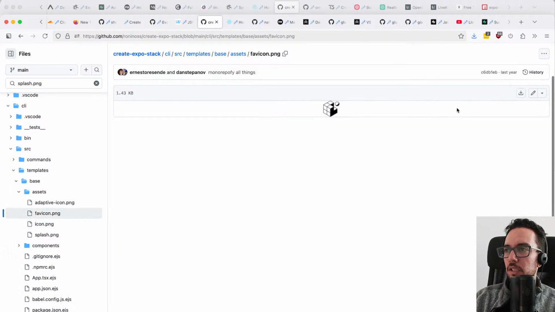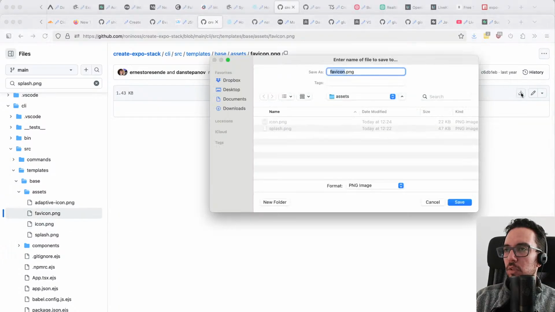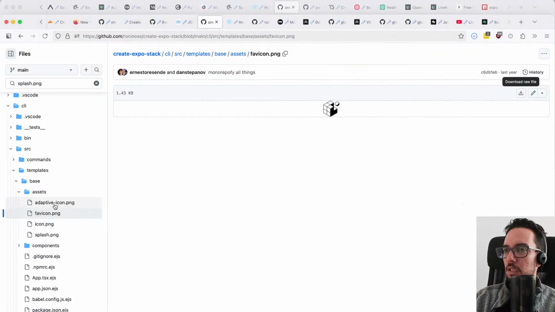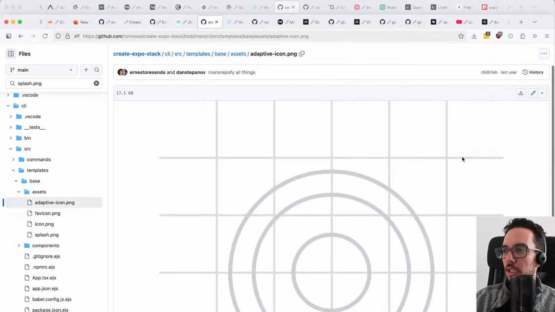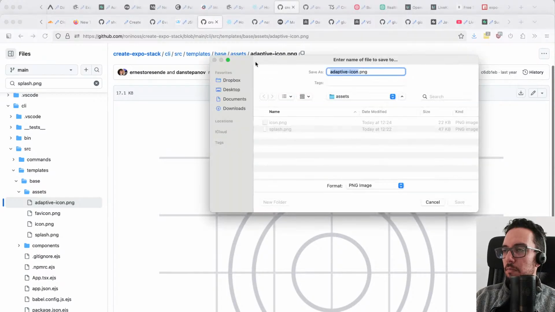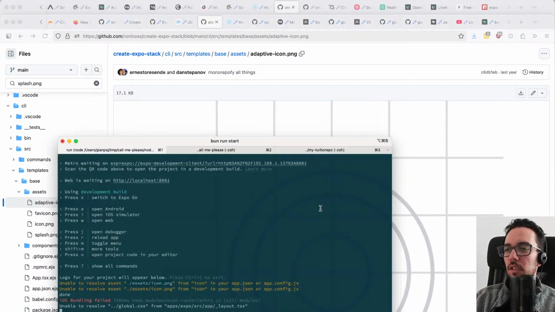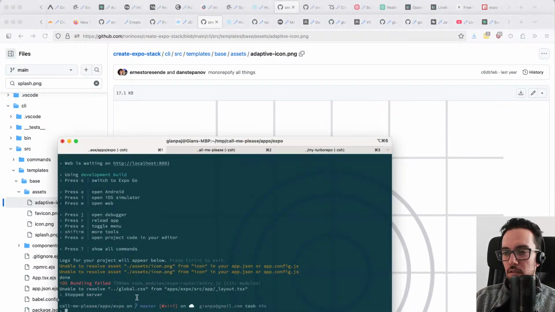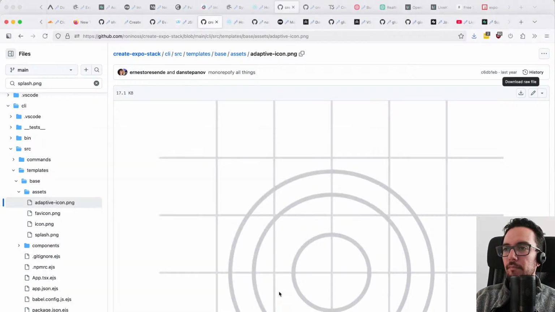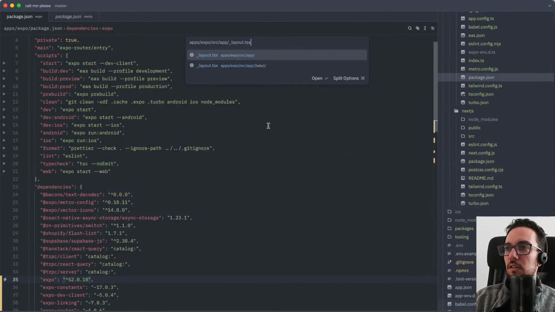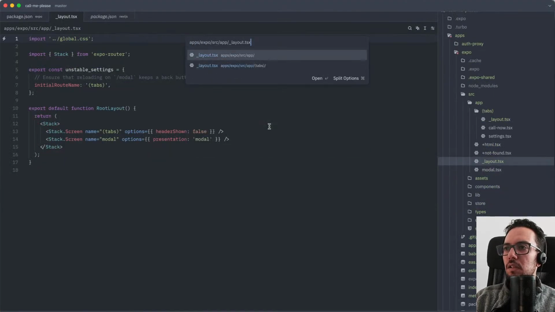I don't know if we need a favicon and where that even is used, because maybe if it's a React Native web application that you're gonna build and deploy, then that is gonna use that. In the layout